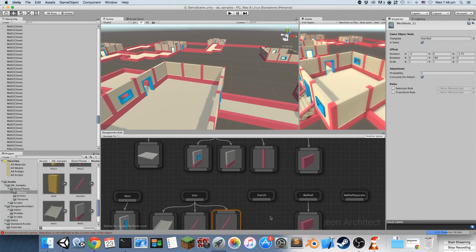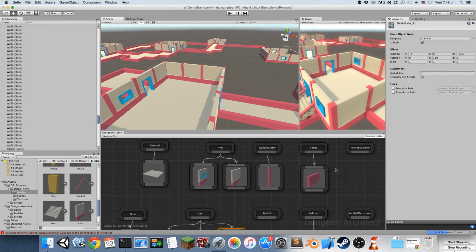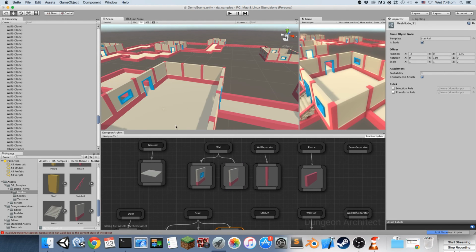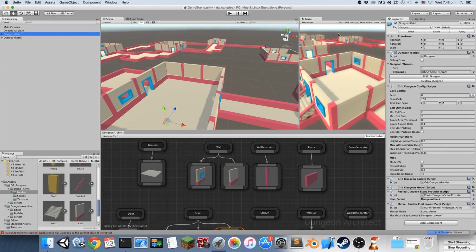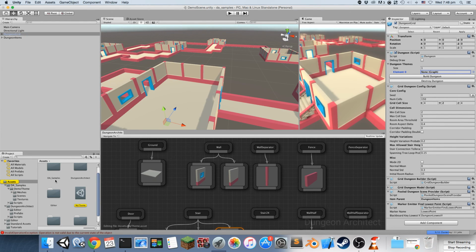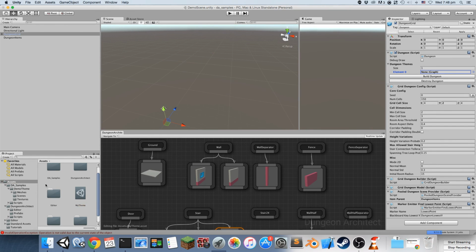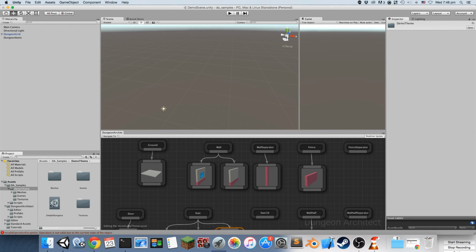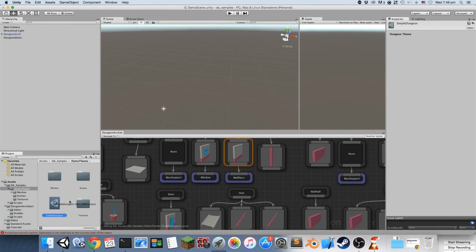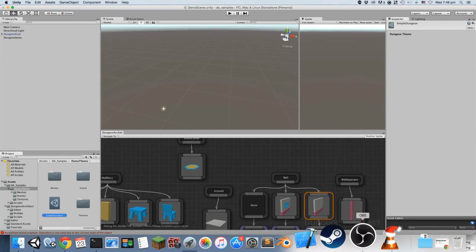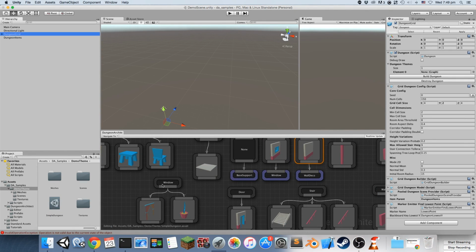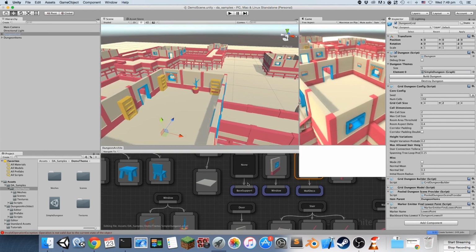There are many other advanced features that you can use on this theme graph, and we'll cover them in later videos. Just to show you, I'm going to revert back to the original theme that I had. So let me remove this and destroy my dungeon, go to the samples demo theme, and assign this theme that I have. This is the same theme, but it has some more extra stuff on it. We'll be covering all of these in later videos, but just to give you a quick overview of what's to come, we have